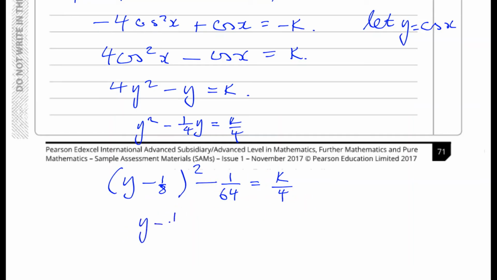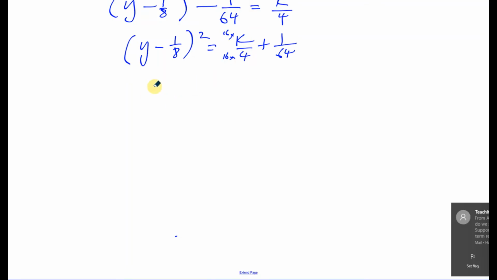So y minus 1 over 8 squared is equal to, I'll just do it step by step, k over 4 plus 1 over 64. Then I can combine that into one fraction by making this 16k over 64, because 4 times 16 is 64, so I multiply that by 16, and I have 1. So now I can write this as y minus 1 over 8